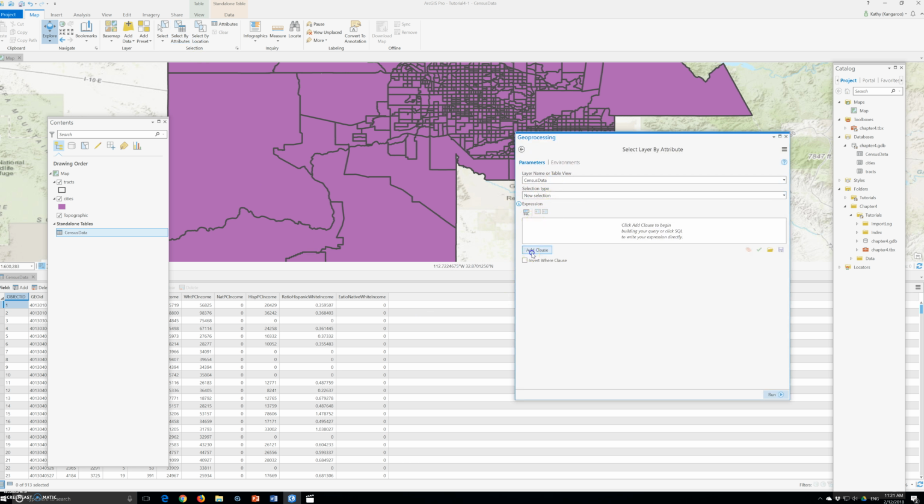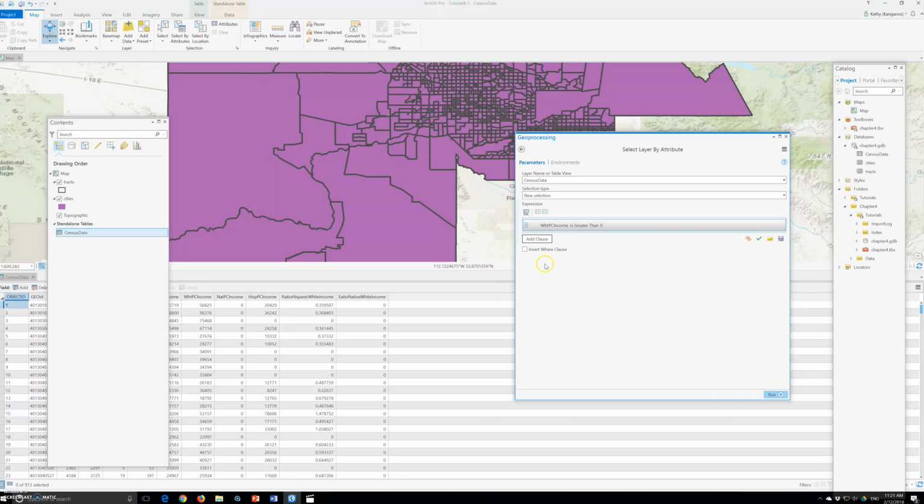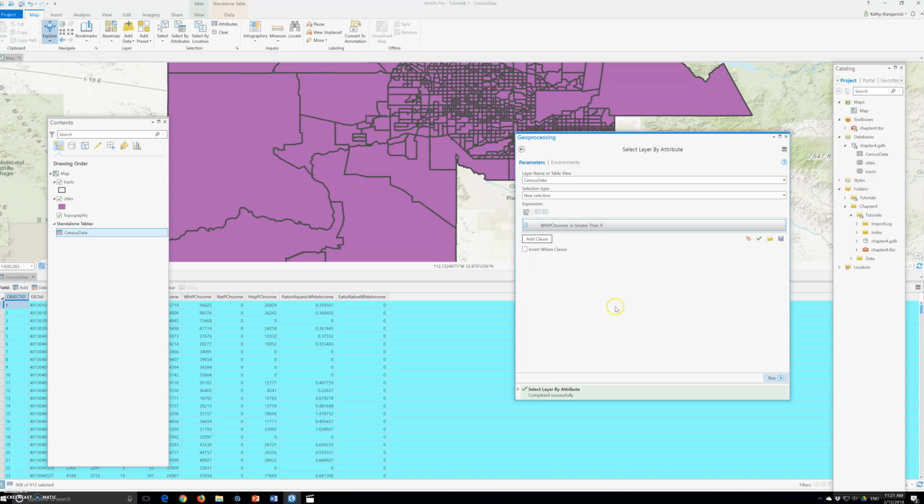Census data, new attribute, add a clause. So this and equal is greater than 0. Value is 0. Click add. Oh, I didn't add. Click run again. And now it's 908 out of 913. I didn't click add. Oh, it's so easy to just forget about it. So now it selects 908 out of 913 tracts, all with positive values for the white income, and we close